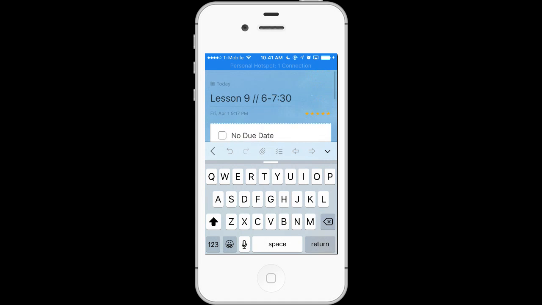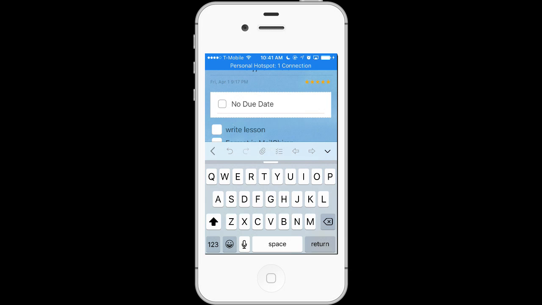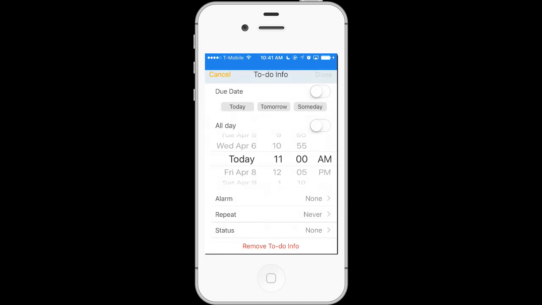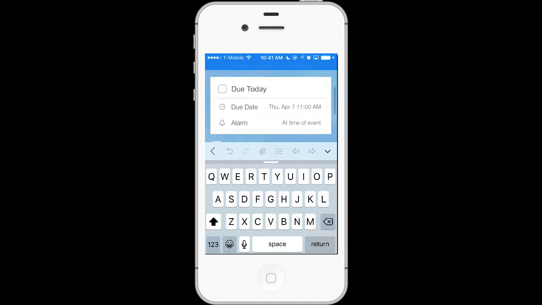So you can put a due date on it if you like this feature. I tried it for a while and it wasn't quite for me, so I don't use it anymore. But what you do is tap where it says no due date, and then you can put a time on it. So if you want to do it this way, you could say, okay, this task I want to do today at 11 a.m. And then you would keep it that way. I don't know why I can't click. So I guess we push that button over and then we click done, and now you have a due date